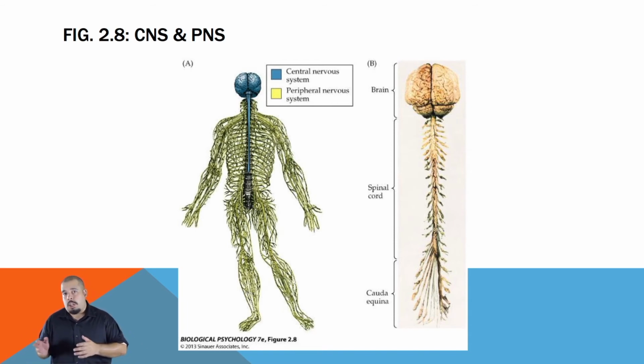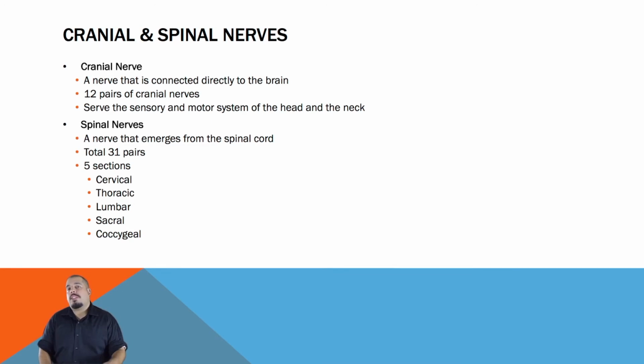While you see the cauda equina separated from the spinal cord, it's still part of it and continues downward inside the spinal column. Going back to the cranial and spinal nerves. The cranial nerves, even though they are in the head, are not part of the brain. They are part of the PNS. You have 12 pairs, several that we will cover throughout the semester in various chapters. They serve the sensory and motor systems of the head and neck. The nerves pass through small openings in the skull, directly entering or leaving the brain without ever joining the spinal